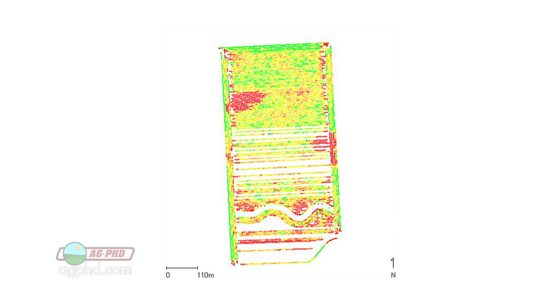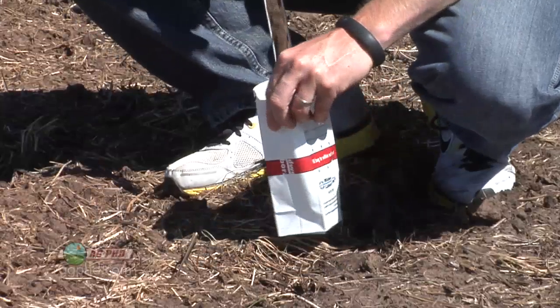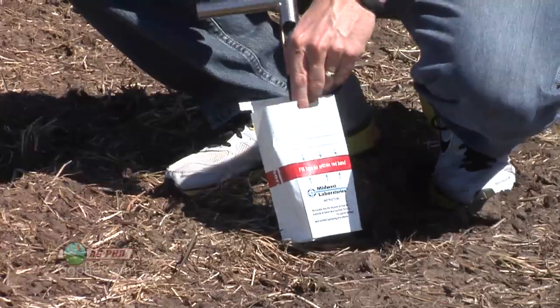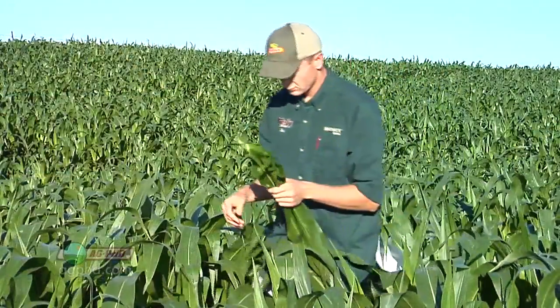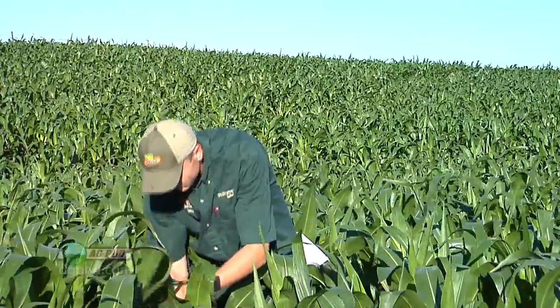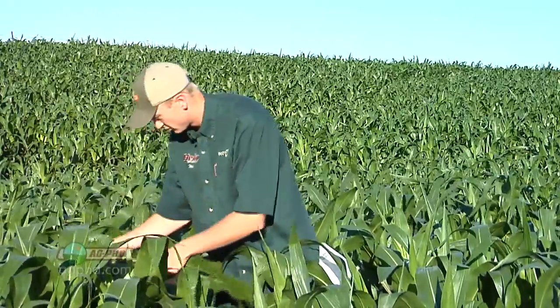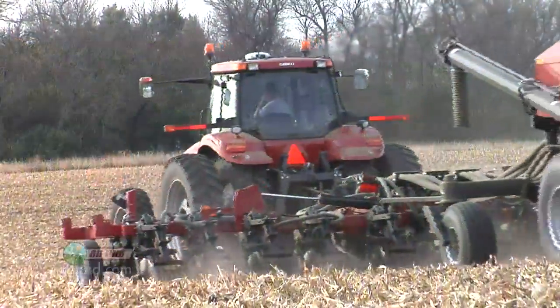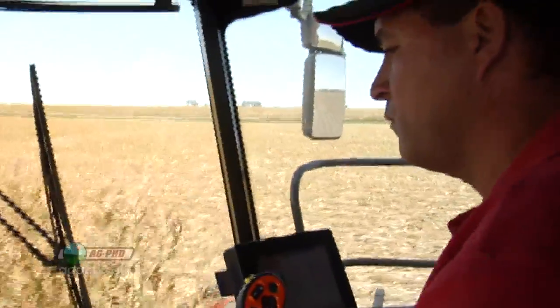Well, here's the problem though, Brian, is it's real easy to make this yield map now with the technology we've got, but what are you going to do with it? If it's just a pretty picture that sits on the kitchen table all winter, well, that doesn't do anybody any good. Farmers still have to take that data and try and figure out what's going on, whether that's by taking soil samples to follow up why those areas are different, or planting the next crop and taking plant tissue analysis, where they actually take leaves off the crop during the growing season to see what the differences are in those areas. Either way, those things have to be addressed, but it all starts with having some good data from that